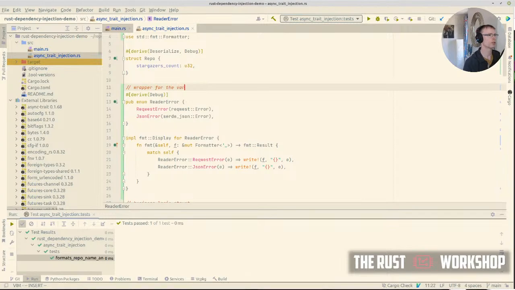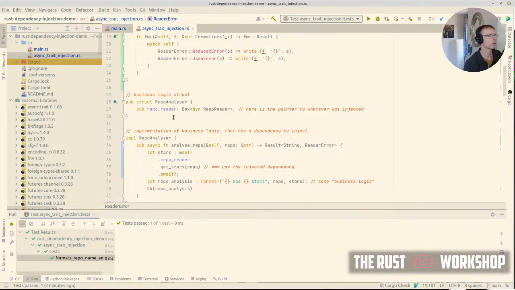Wrapper for the various types of error the dependency can encounter, so that the business, which is repo analyzer,